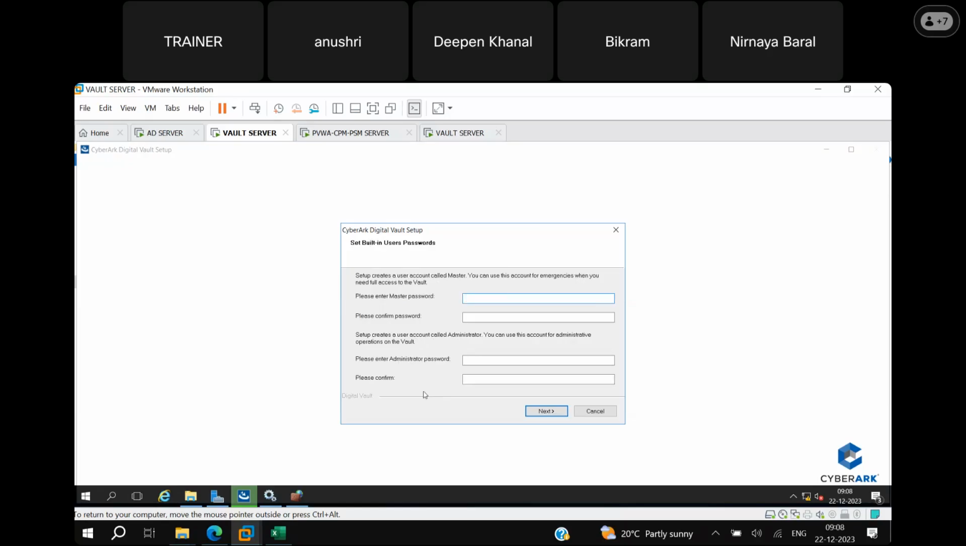Means now this setup is going to create two accounts. One master account and second one we call administrator account. Master account is used in case of emergencies, whereas administrator account is used for daily operation purposes to perform operations on the vault server. So specify the password. I'll go with our default password, Cyberark1. I think for this password we need to specify some special characters as well. Let me go with